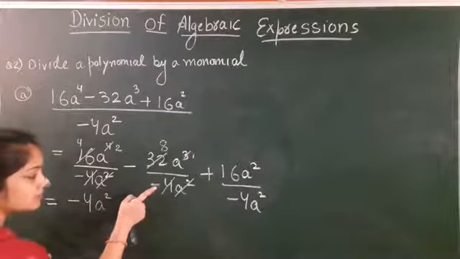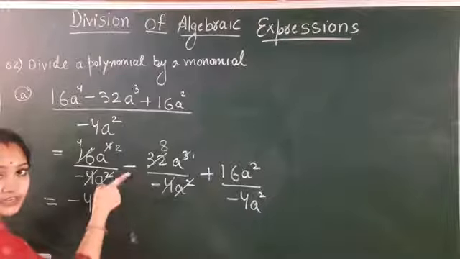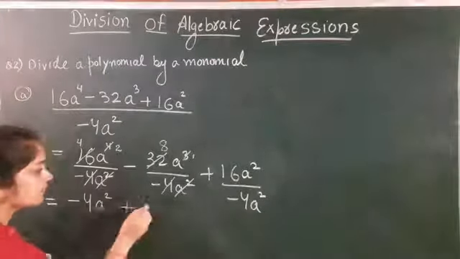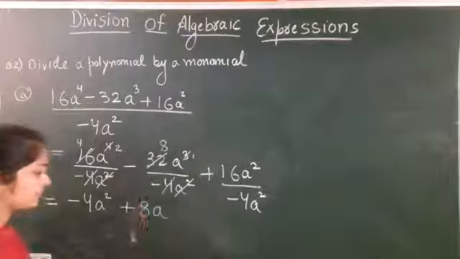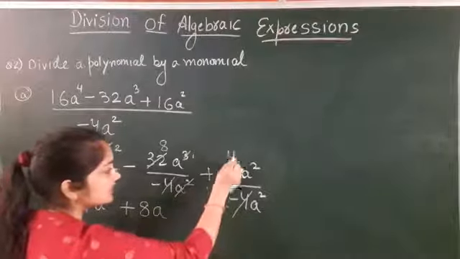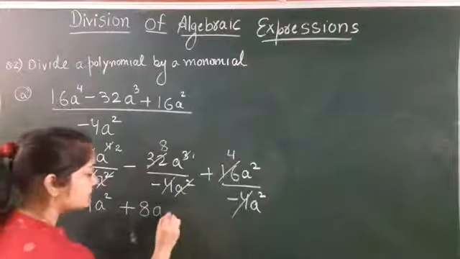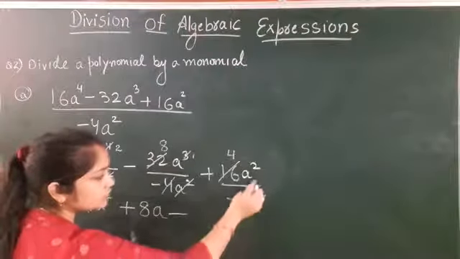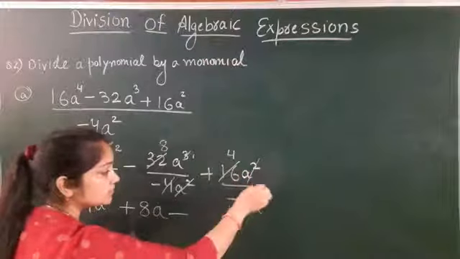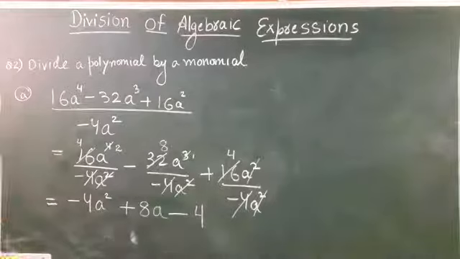And here you have this denominator is negative, this numerator is also negative. So negative negative will become positive. So it is positive a plus a. And here 4 4s are 16 plus and this is minus. So plus minus is minus. And here you have a², here also you have a². So these will cancel out and you are left with -4. Clear beta? Okay.